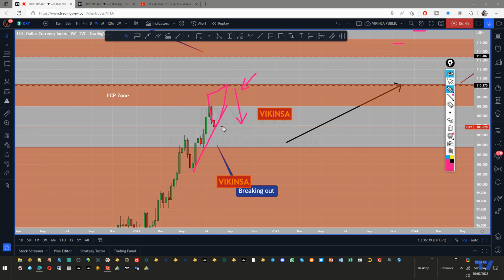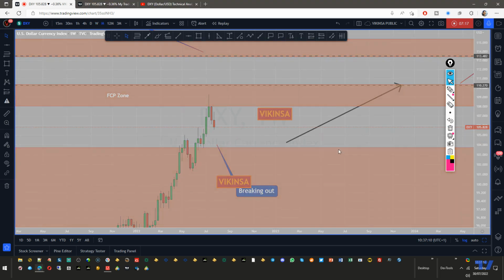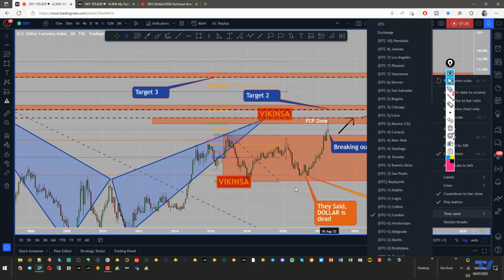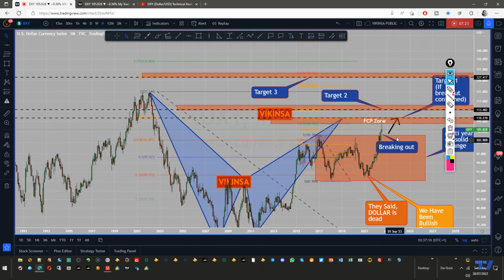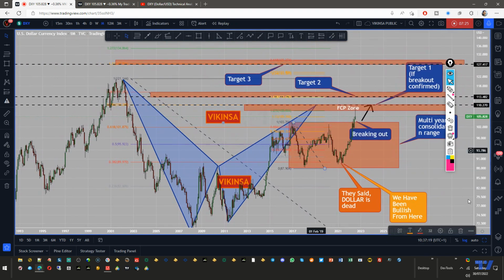So if we are in the FCP zone, this can act as resistance, which means that the market can go down. If I'm looking for a bullish move, because the monthly is bullish, I will see whether the market respects this trend line or not. If it does next week, I can take a long position, but I will not try to hold it for a long period of time. As soon as it reaches this FCP zone, I will try to take my profits, because when it has reached the FCP zone, there's a good possibility that it will fall down. Why? Because this is where our W pattern also completes, and when the W pattern completes, the market is going to go down.